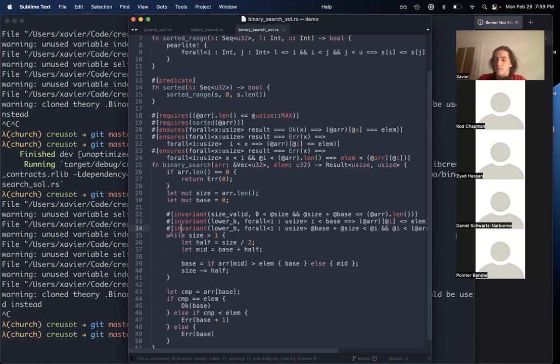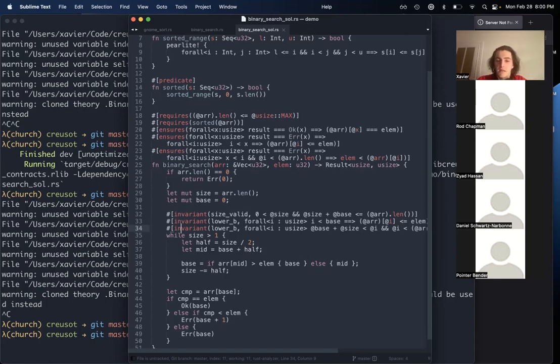And then Rod Chapman had a question about whether or not we had examples of verifications of cryptographic algorithms. No, we don't have examples of verification for cryptographic algorithms, but that's more due to me not knowing about cryptography.